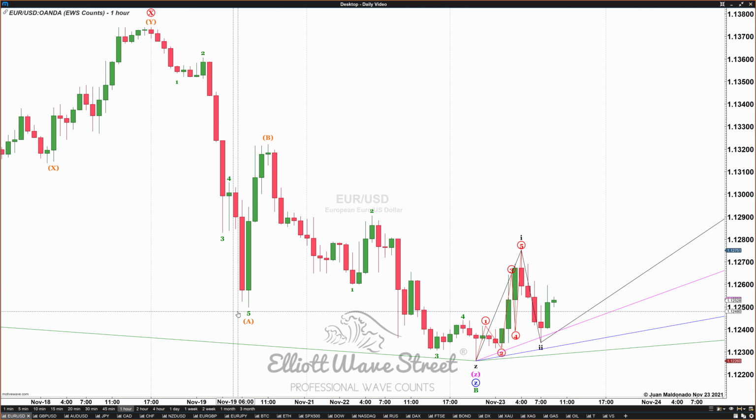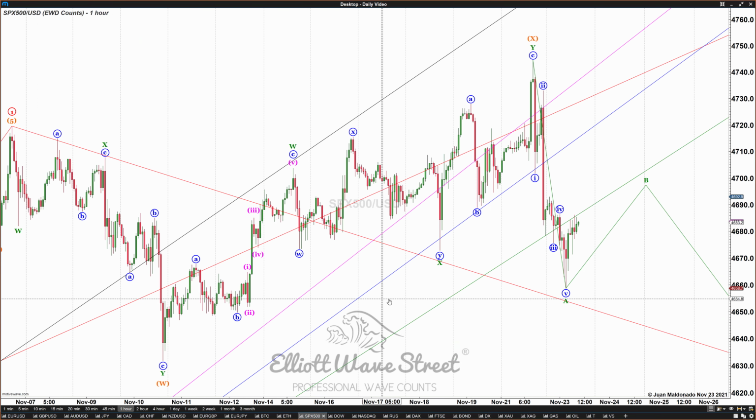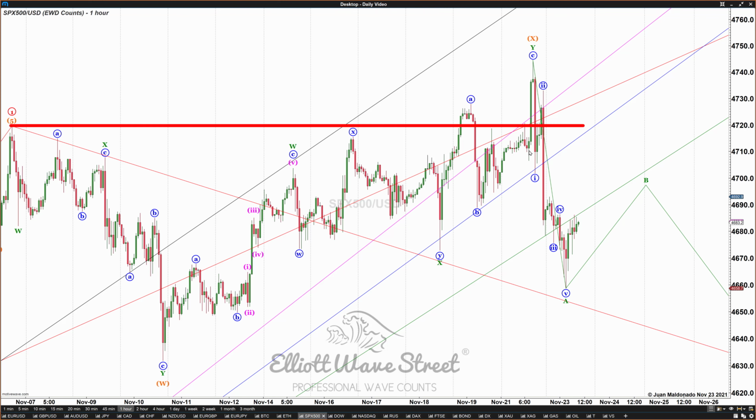So let's have a look at another one. Let's have a look at the S&P. The S&P is fantastic, and we could have a Black Friday discount on the S&P as well. Look, this is the setup. The price on the S&P yesterday, before the announcement of keeping Mr. Powell as the president of the Fed, the market started to go higher. And we have the price almost hitting the